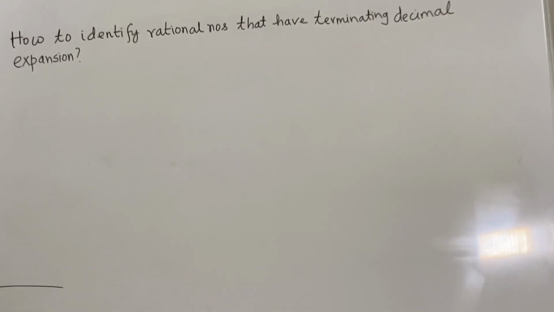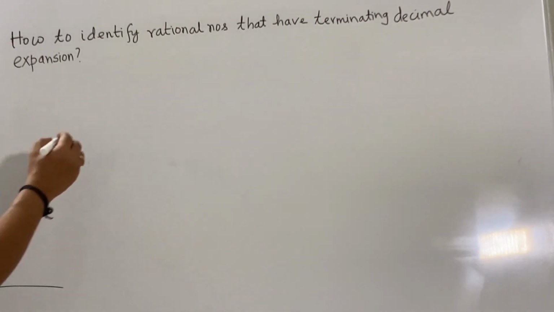Welcome to another edition of Math for No Reason. In this edition, we will try to address this interesting question, that is, how to identify rational numbers that have terminating decimal expansion. By terminating decimal expansion, we mean an expansion which stops after a time,